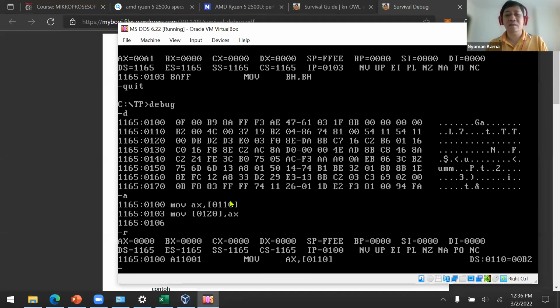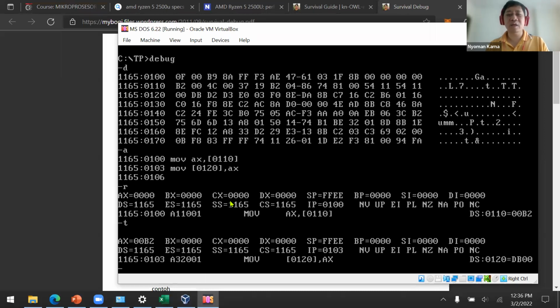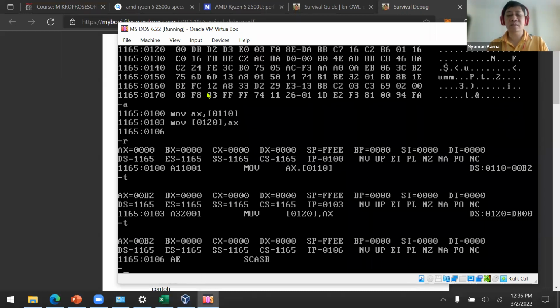Now let's run the program, trace. AX becomes 00B2, this one. And then I'm going to store this data to here, so the 00DB will be replaced by B200. Now let's check the content of the memory by using D or dump.